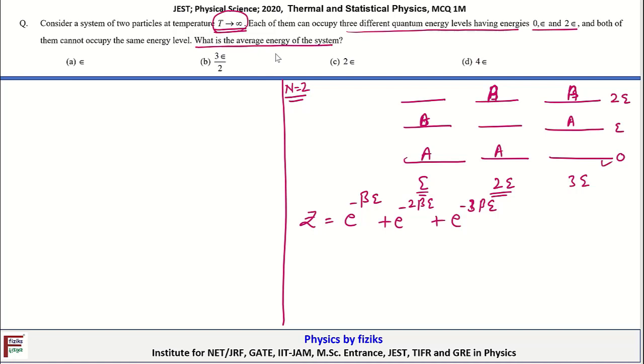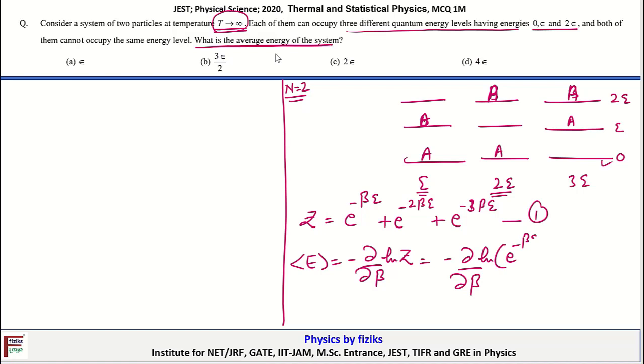By making use of the partition function, we can evaluate the average energy as E equal to minus the derivative with respect to beta of the logarithm of Z. That is equal to minus the derivative with respect to beta of the logarithm of exponential minus beta E plus exponential minus 2 beta E plus exponential minus 3 beta E. Its differential is given by E equal to minus 1 upon Z,